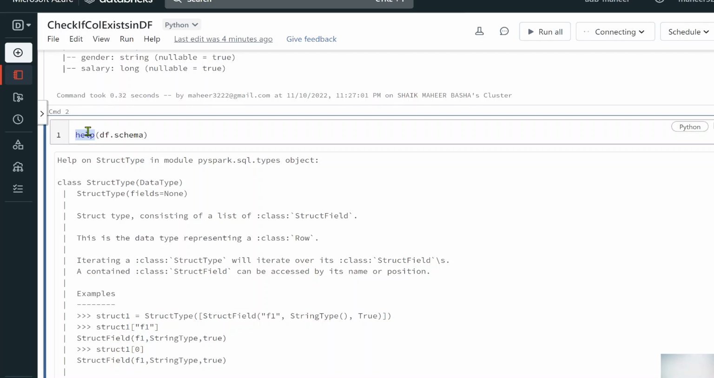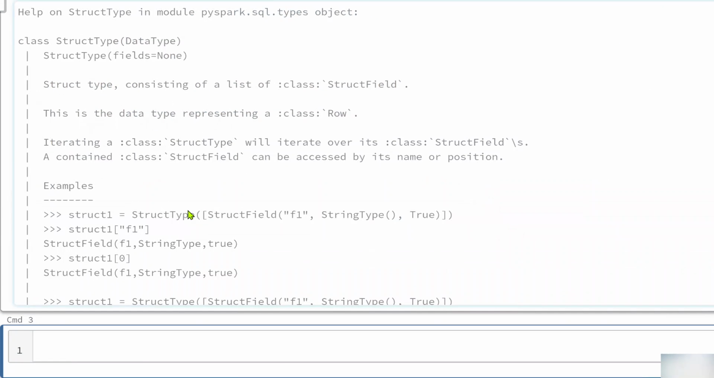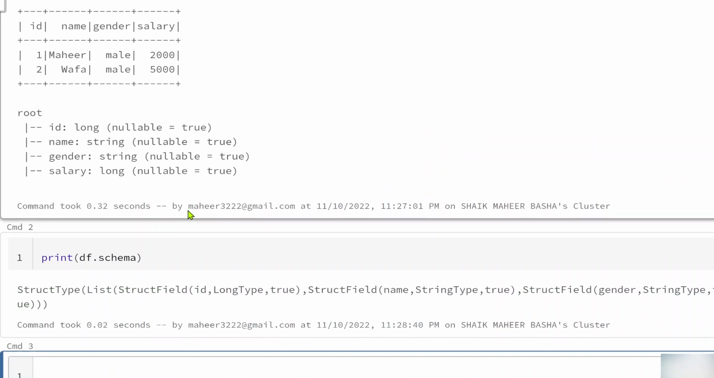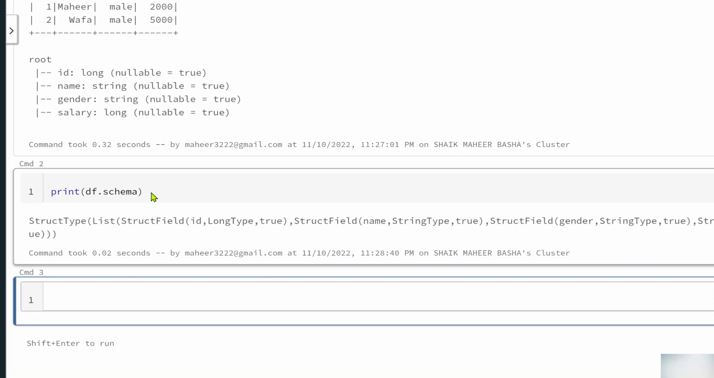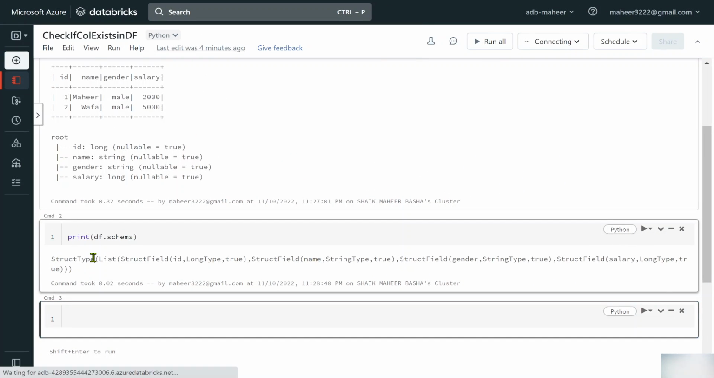So what I will be doing here, right? Instead of using this help function, let's try to use a print function, and let's try to print this schema instance. So let me hit shift enter to execute this code now. So code executed. Now if you see the output of it, you can see it says structure type, then list